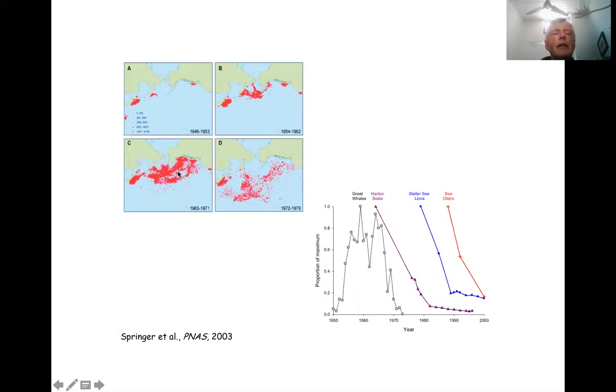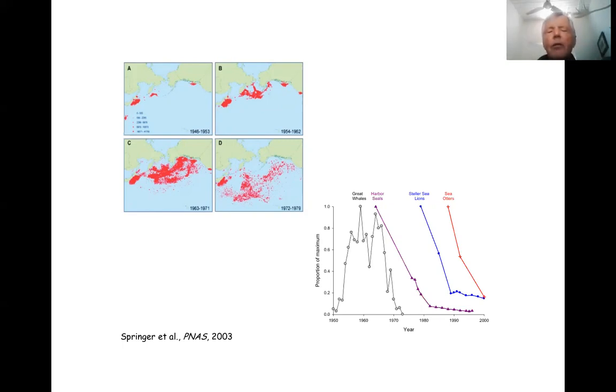That resulted in a collapse of the great whales. The collapse of the great whales then resulted in a spreading southward, away from the North Pacific, of the remaining whaling. And so this illustration down to your lower right just shows the number of whales that were killed, all right? The proportion of the total number killed within 200